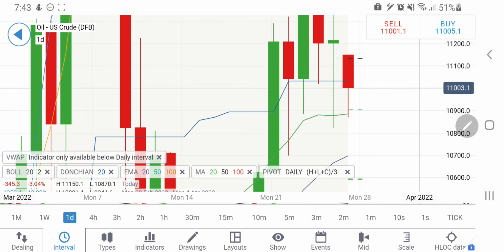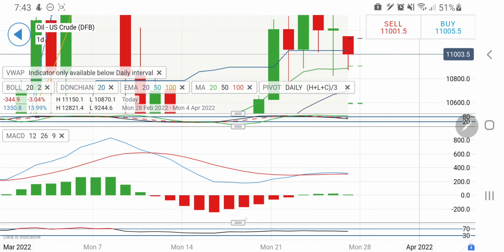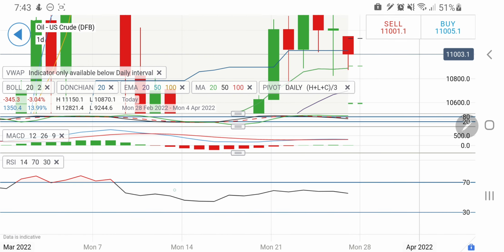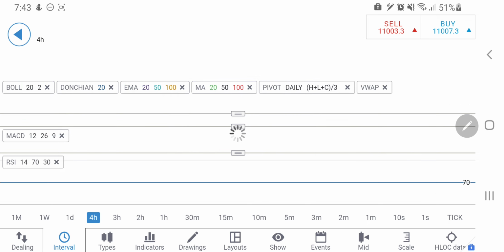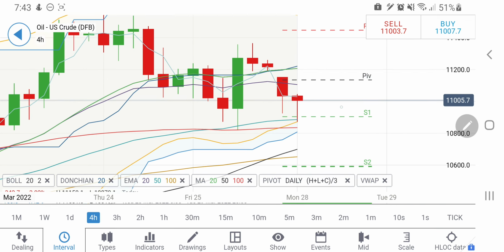$4 of movement. It may try to consolidate here a bit before trying to decide the direction for the rest of the week. Stochastic looking downwards. MACD is trying to converge and cross over on the sell side. However, right now it is on the buy side with very little divergence. Look at the 4-hour charts. On the 4-hour chart, see, this is the bearish channel it is trying to trade within, and yes, you can take a long entry there.